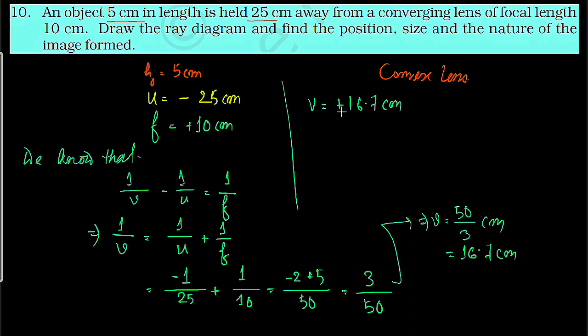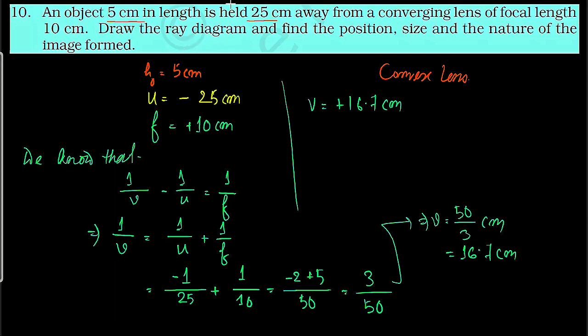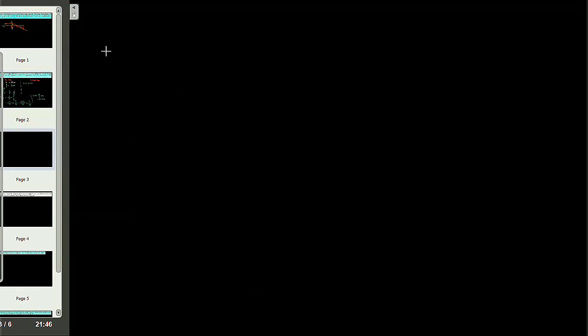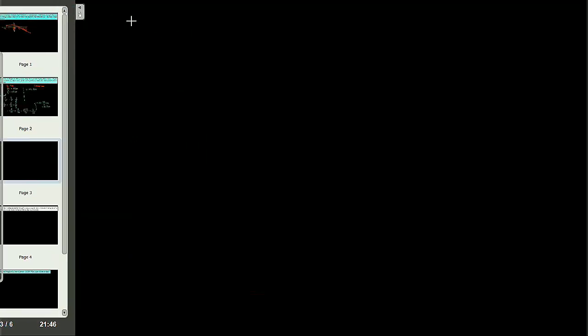We have got all the quantities with the help of which we can draw the figure. Okay, so we will draw the figure. We got that from the previous page. We got the u as 25 centimeter. I will consider only magnitudes, don't worry about that. We have got the v as 16.7 centimeter. We got the focal length f equal to 10 centimeter. These are the main things that we are going to need.